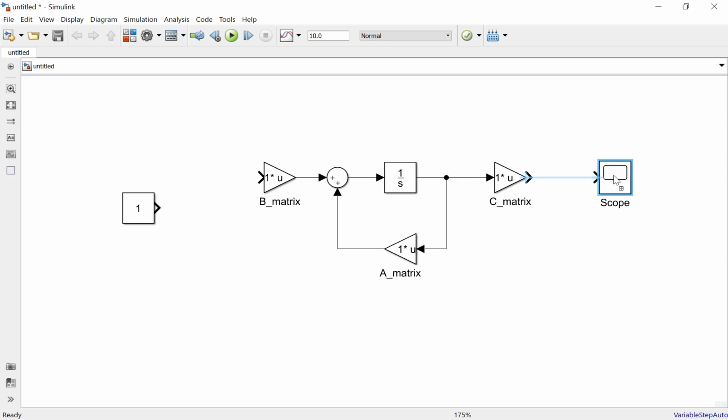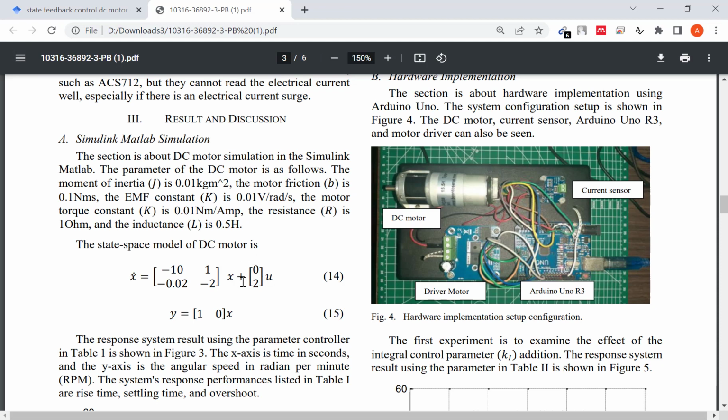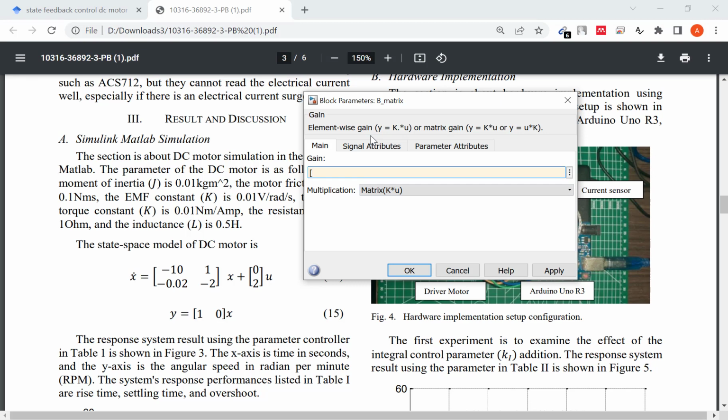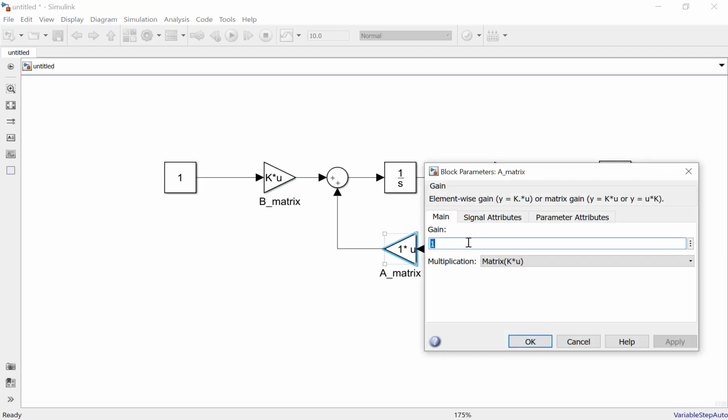Okay, for the first we will make the open loop simulation. So we need to input the matrix. So this is the 0 and 2 here for the B matrix, and then we need to add the A matrix.